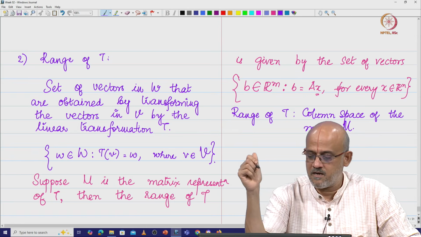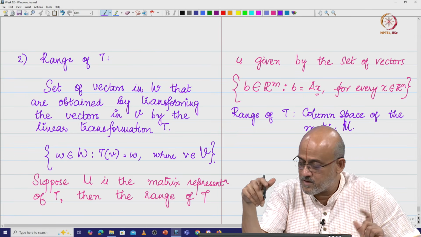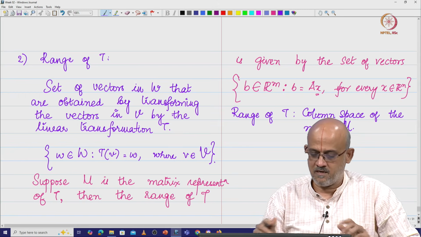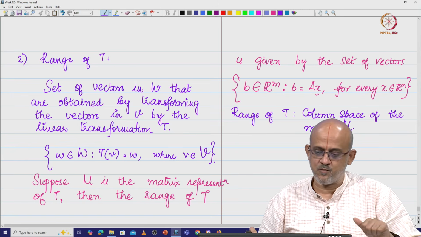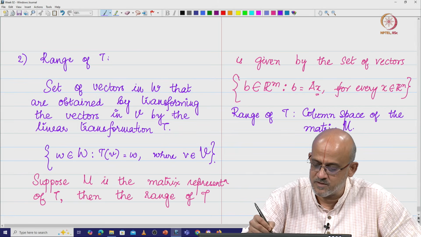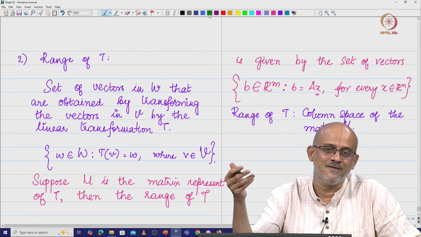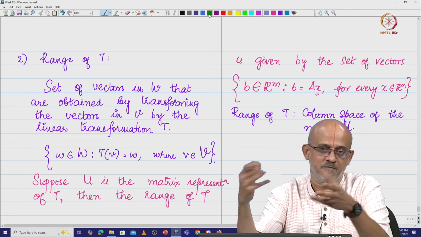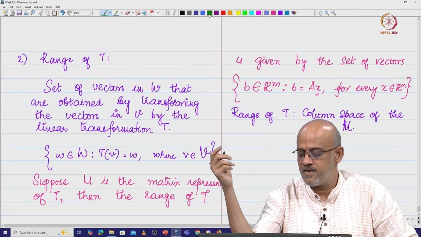So these are some interesting things that we need to know, and I want to wind up the idea of linear transformations and their properties with just one more topic, and then we will look at eigenvalues and eigenvectors. I have been saying that we look at eigenvalues and eigenvectors for the last couple of classes, but we wanted to put all these things together before we move there. So let us look at this.